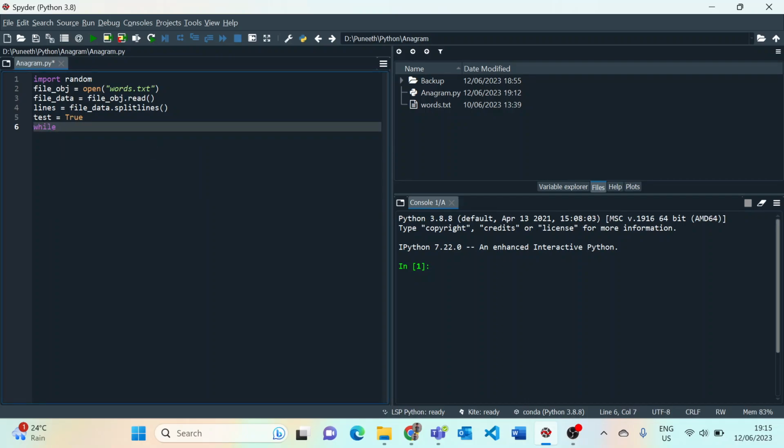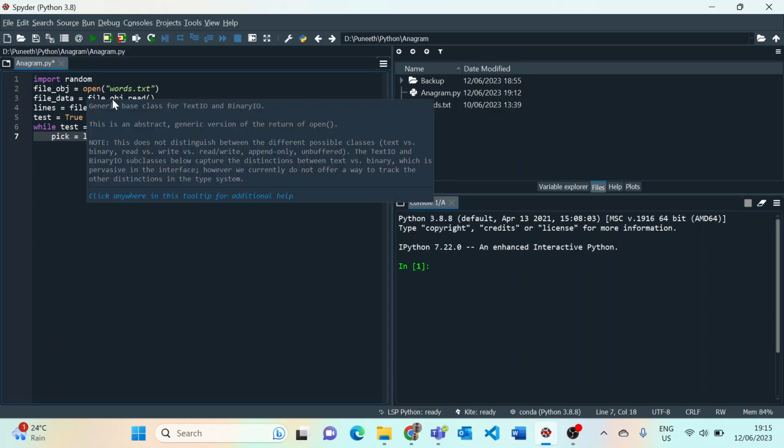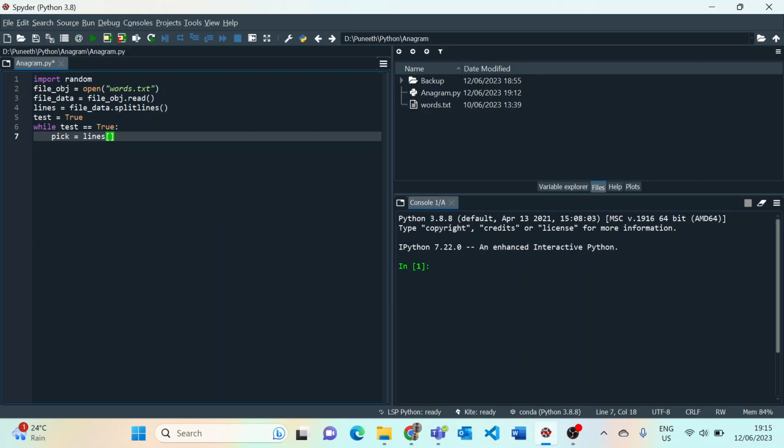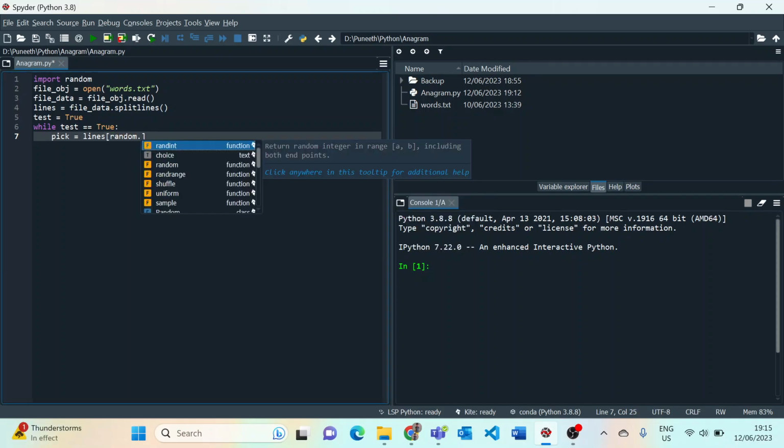So while test is equal to True, we enter the loop, and then we introduce another variable called pick, which we set to lines, the variable that split everything by a new line into a list. And since it's a list, we can use square brackets and put inside random, which we imported here, .randrange